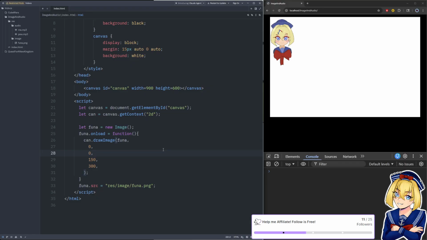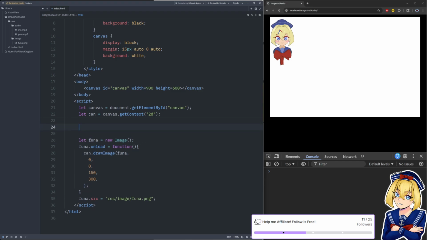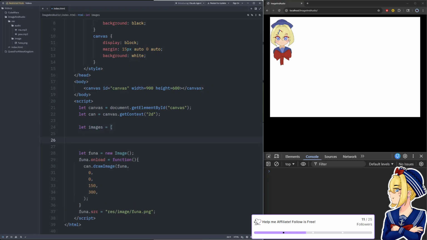Something that I've run into with loading images in JavaScript is sometimes it will even run this onload function when the image isn't really finished loading. And that's really frustrating. So what I would do is have an array, and we'll call it images, and we'll have a source here or something.